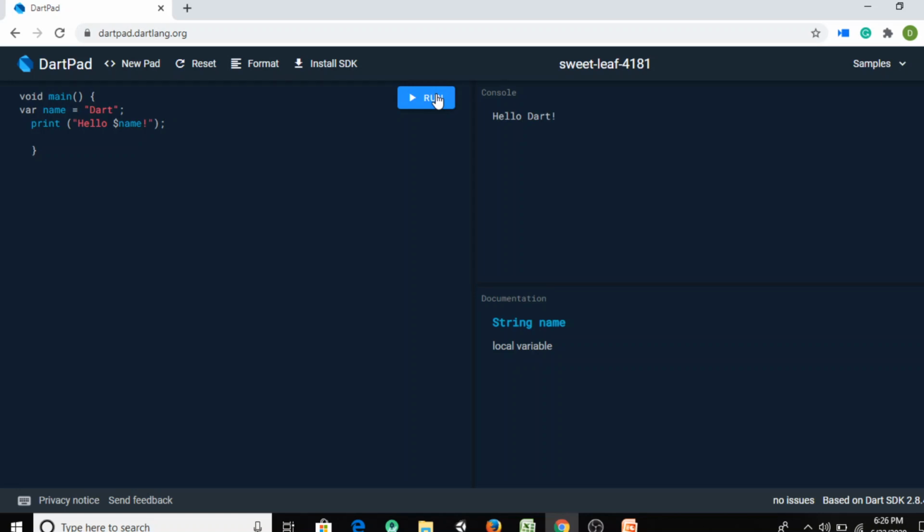The results are the same. In this case, you might think that name is a dynamic variable, but this is not the case. Let's try to change the variable type and see what happens.